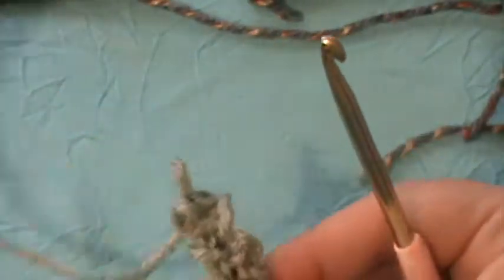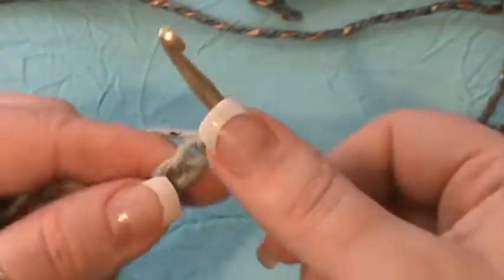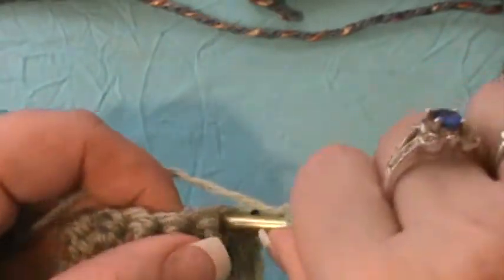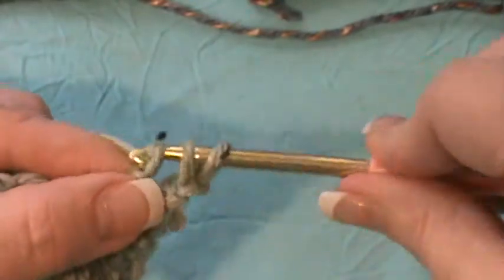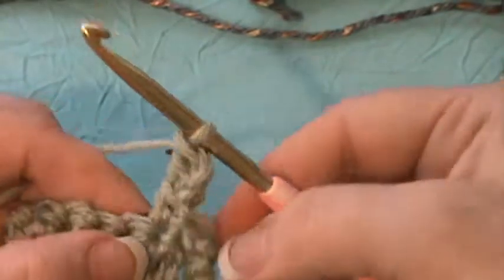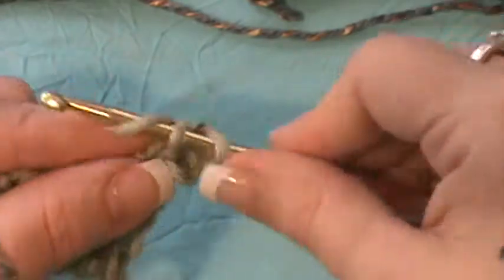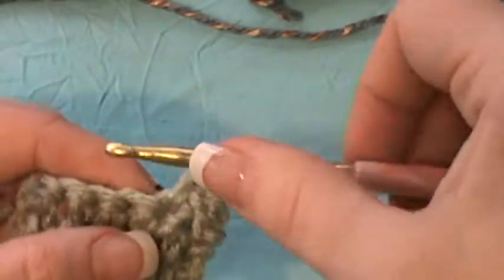Wait just a second, I don't think so. Back up a minute, I think I told you wrong. I'm going to go back in. Actually, you don't go into that first one, you go into that next one. I'm sorry guys, told you totally wrong on that one. You don't go into that very first one, you go into that next one. Okay, and then you just complete. Sorry about that. I knew something didn't look right when I was doing that,